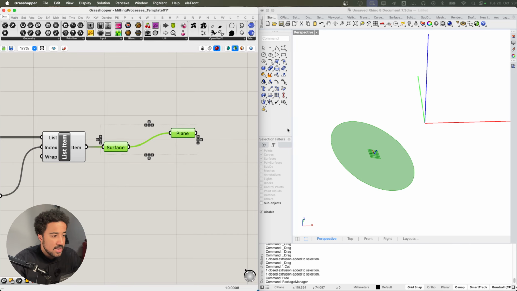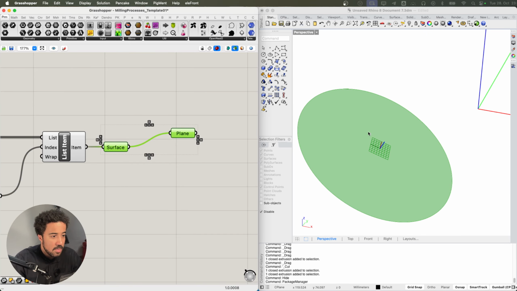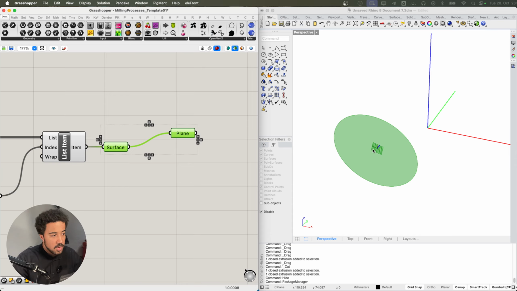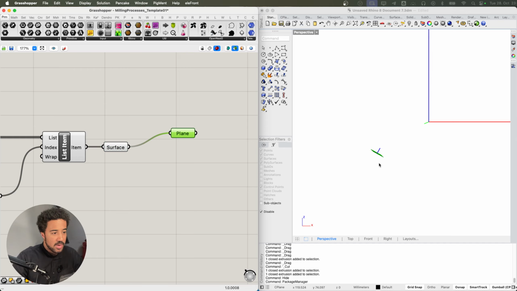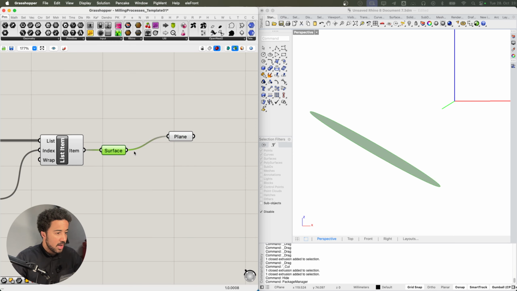And since this is a circular surface, the plane is also placed right at the center. With other kinds of surfaces, this might not be the case. The plane might be at a different point, but this should not really change our process because we simply need our direction vector, the z-axis of this plane. We're not really interested in the location.